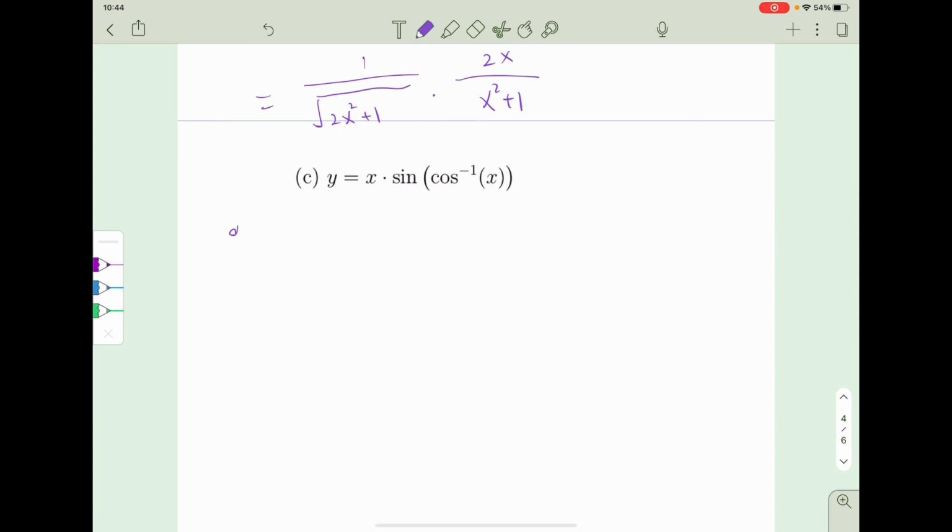Is dy over dx. We need to apply the product rule. There are two functions here. The first function is x. The other function is sine of cos inverse x. So it becomes the derivative of the first factor, which is the derivative of x, which is 1, multiplied by the second factor,